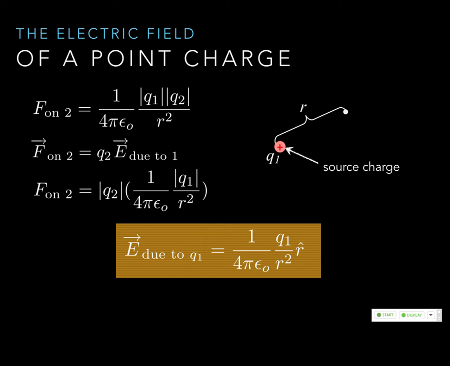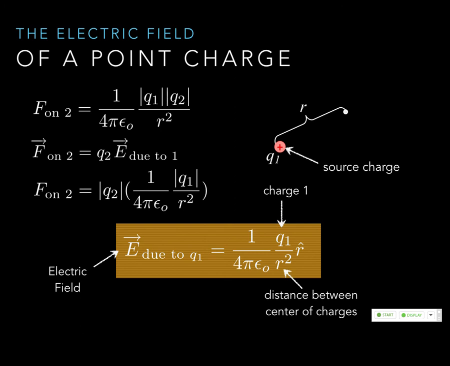So this is the electric field for what? One source charge, one point charge. Once again, this is the distance between the centers, and this is a constant. There's charge 1. So that feels fairly straightforward, but how often do you just have one charge? It's going to get weird. Don't forget, it's still a vector.